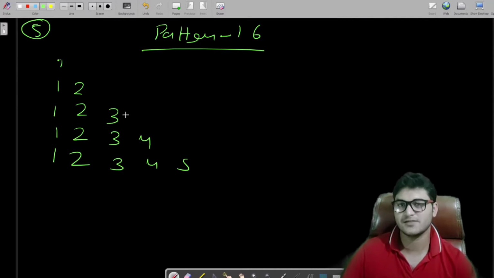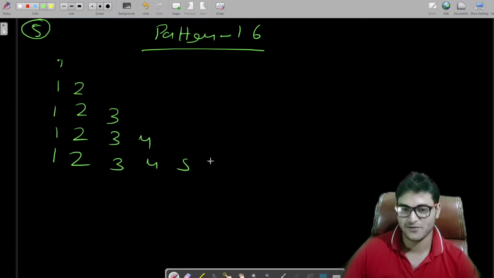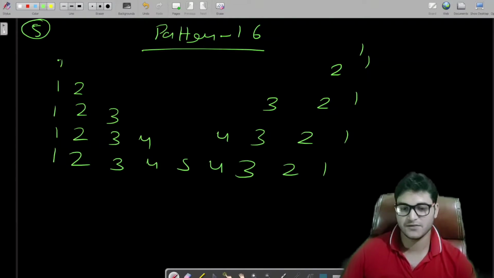So till here it seems easy, right? So let me make it more complex. From here onwards we will display 4 3 2 1, 4 3 2 1, and 3 2 1 2 1 1. So this is the pattern which we have to draw today.